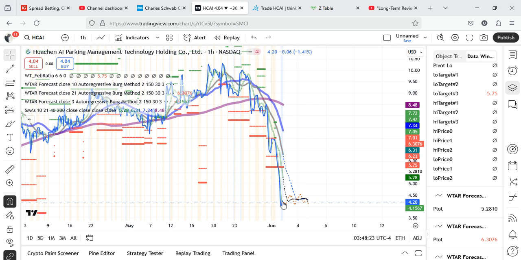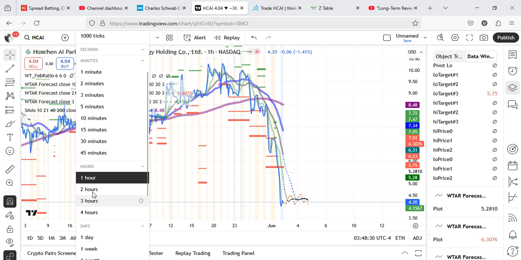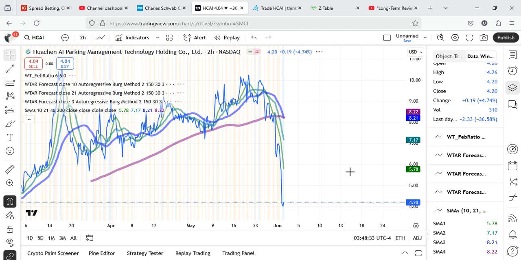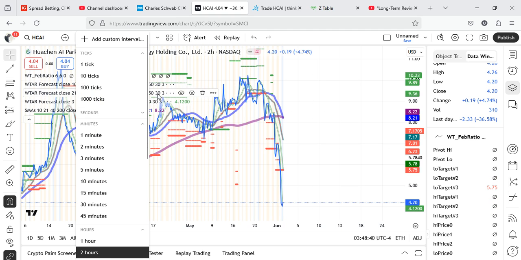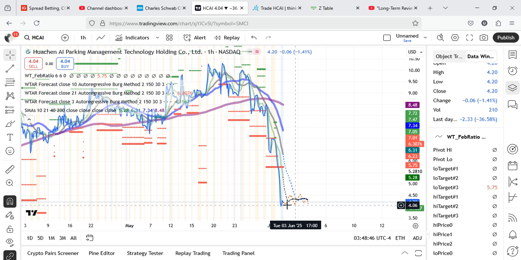Okay, so this is the 1 hour chart. It has picked up enough data, so we'll have to rely on the 1 hour chart and we can make reference of that. You can see here it's indicating that we're going to get a neutral contraction. It's just going to cycle and remain within a certain range. So it's not going up, it's not going down. It's not accumulative, it's not distributive. It's just going to be neutral.